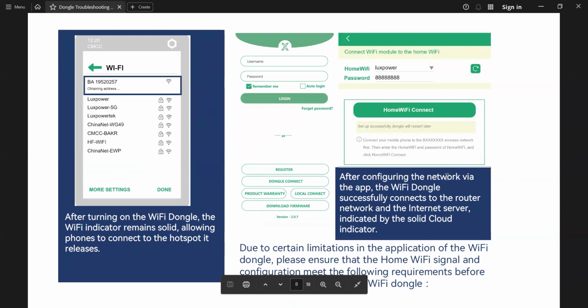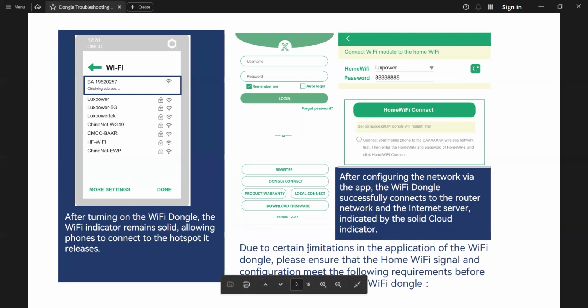After configuring the network via the app, the Wi-Fi dongle successfully connects to the router or the home Wi-Fi, and the internet server, indicated by the solid cloud indicator.